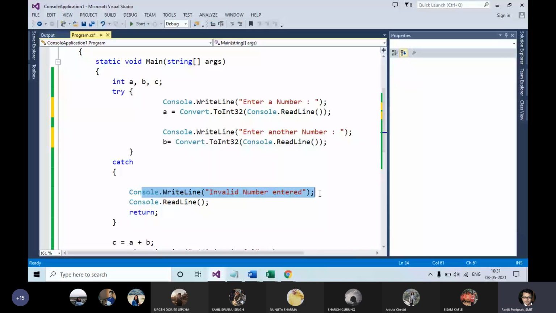Later on the developer will be able to solve the issues. The developer can only solve the issues if he or she is able to see the error that it is showing. But if your software is closed automatically without showing any kind of errors, then even the developer will not be able to understand why the software is crashing or why it is getting closed without showing any error. Are you getting my point? Why is exception handling required in the program?